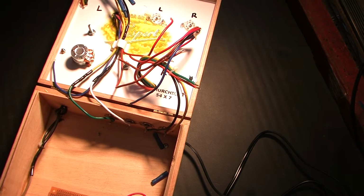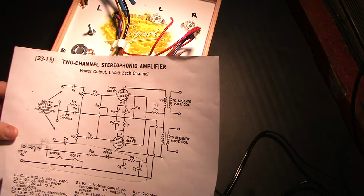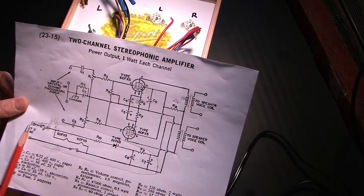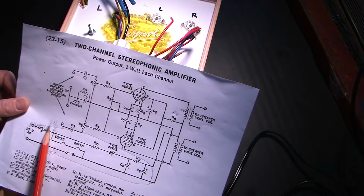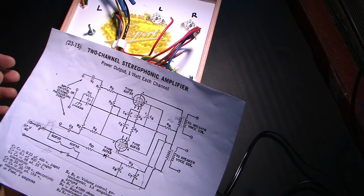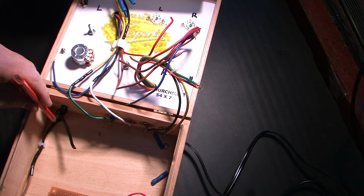And I'm starting the process of going through the schematic and building paths or connections one by one. So I've built the path from our 117 hot in through the fuse to the switch. That's a little switch up there. I've moved it up here, and then that's as far as I've gotten. And then here it is right here. This is the neutral wire. I haven't done anything with that yet. So the hot wire comes in